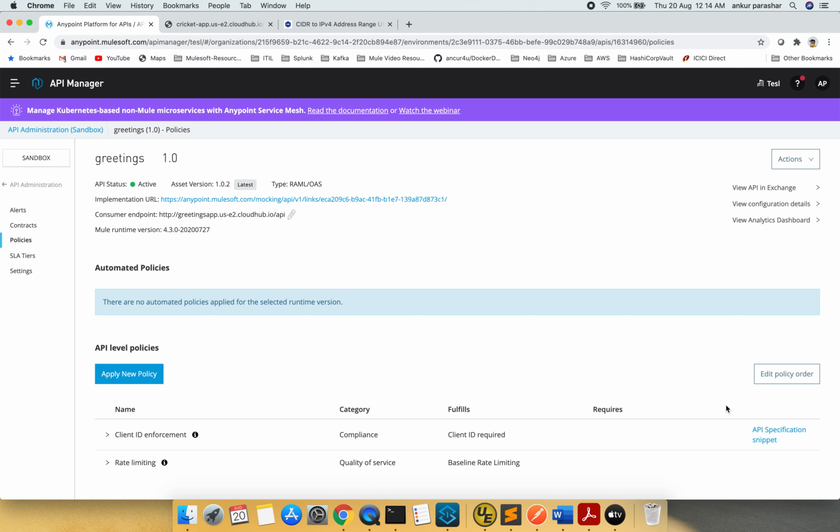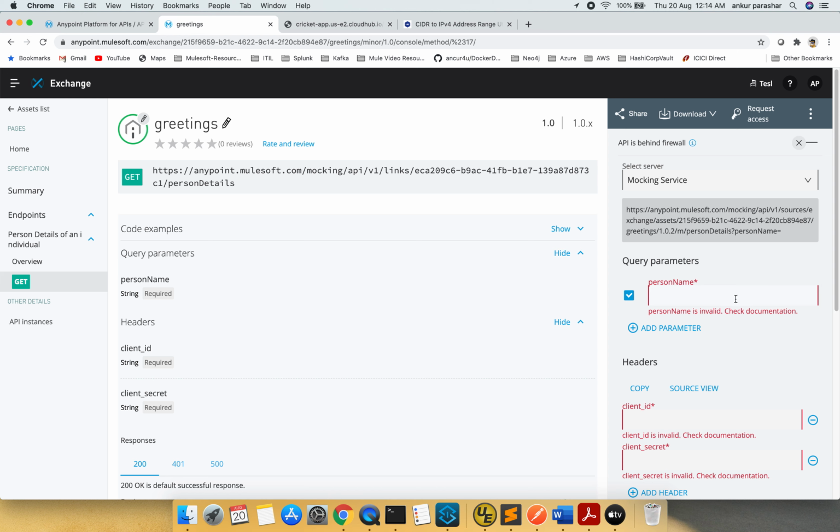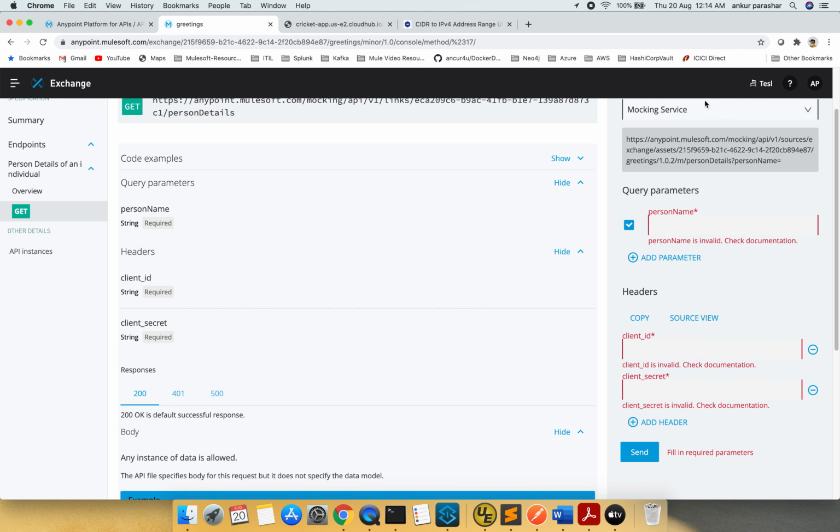Once that is configured, you can see that particular API in Exchange by clicking on this link, going to the specific endpoint, clicking on get, and selecting the appropriate server name.